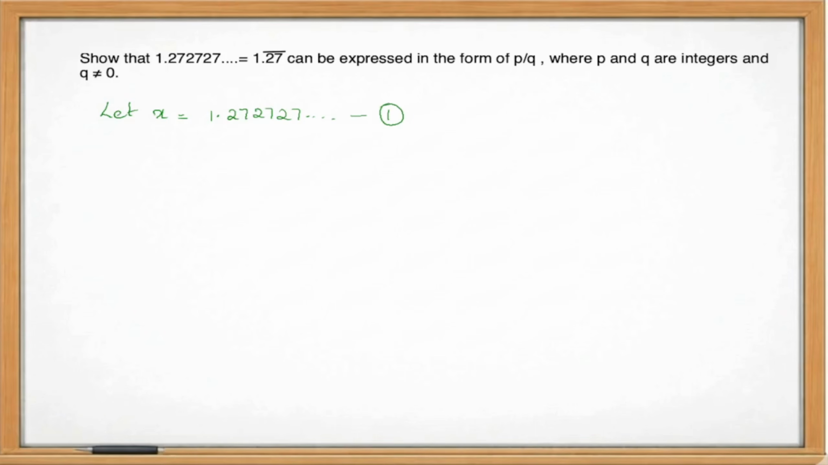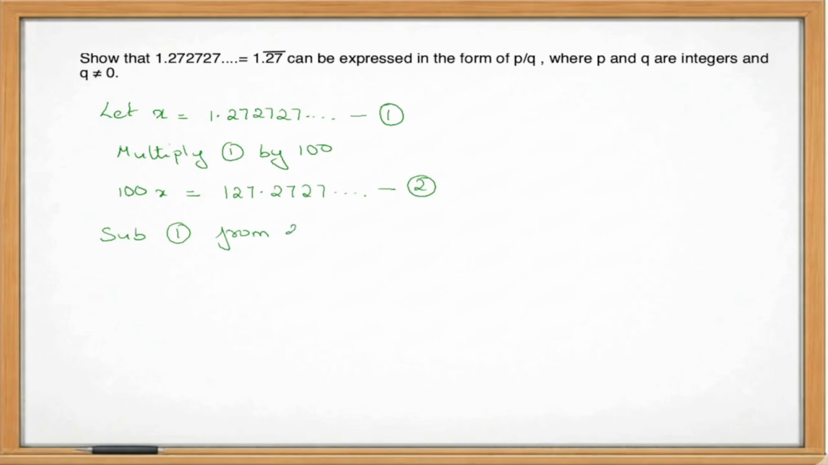Since two numbers are repeating after the decimal, we will multiply equation 1 by 100. So this will become 100x is equal to 127.2727..., and let this be equation number 2. Then subtract 1 from 2. Then we'll write 100x is equal to 127.2727... minus x is equal to